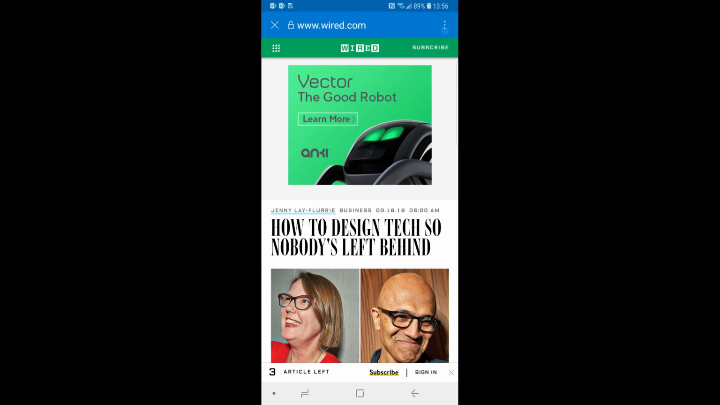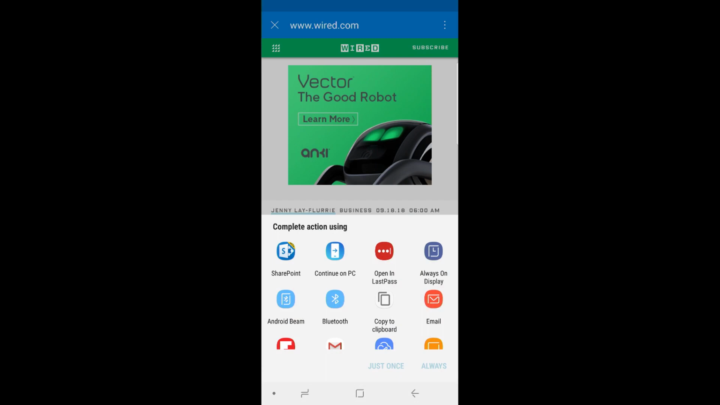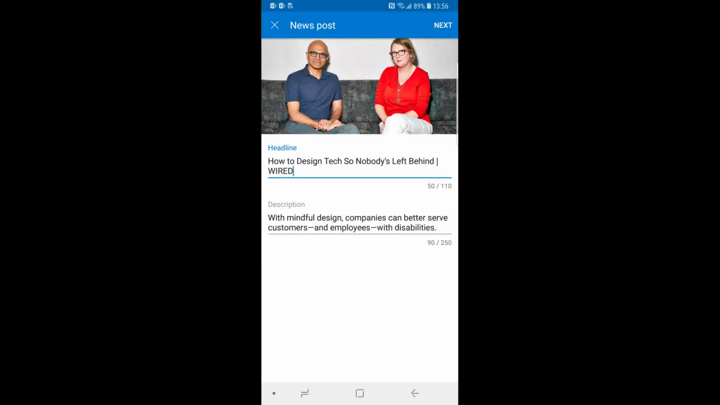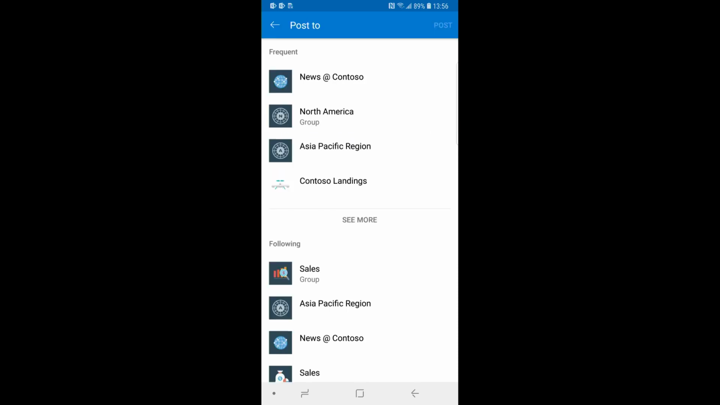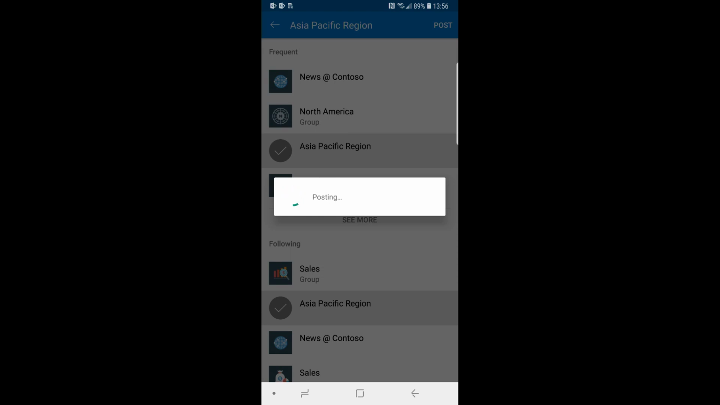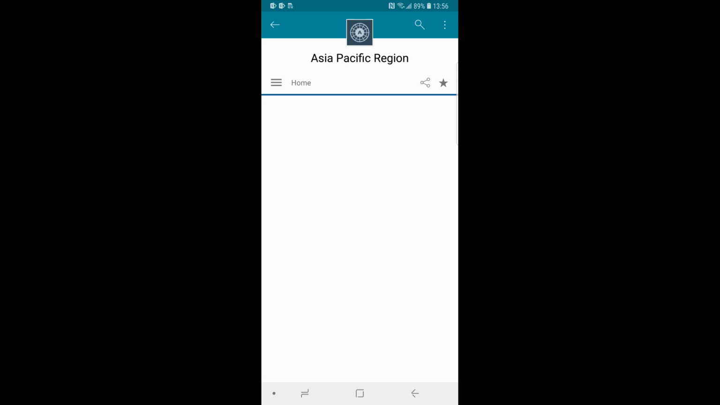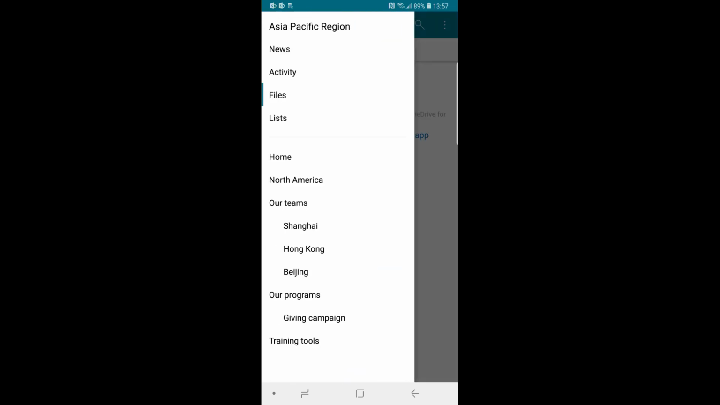So I'm going to take this content and share it out to SharePoint. This is a new capability. It's available on Android, rolling out to targeted release now. When I do that, I'm going to pull specific information, the same information you saw in my screenshot earlier from that article. Then I can move through and pick what site I want to publish that to. So I'm going to choose the Asia Pacific region. I'll post that news. If I come back and we drill into the Asia Pacific region, and then we go look at news,